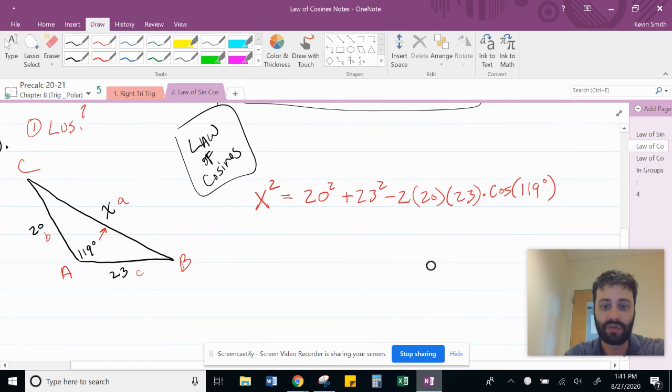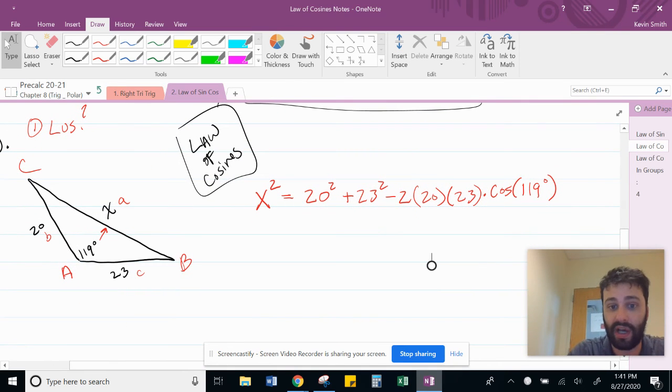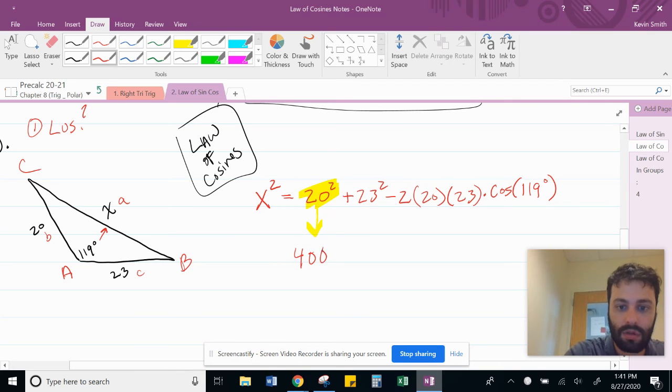You do some algebra in here and you can simplify all this. So I'm going to go through the steps. 20 squared brings out 400, plus 23 squared brings out 529,